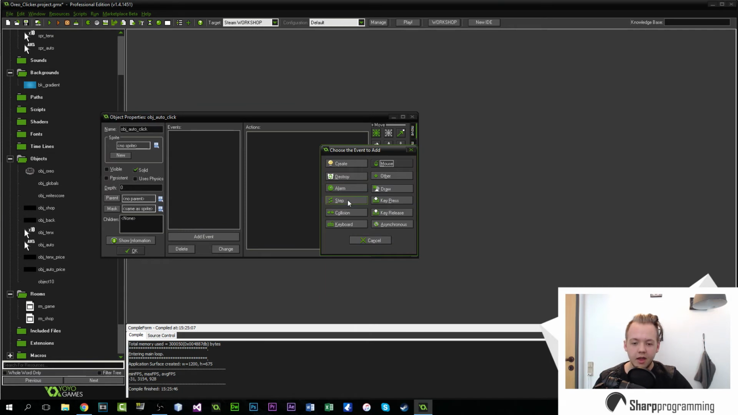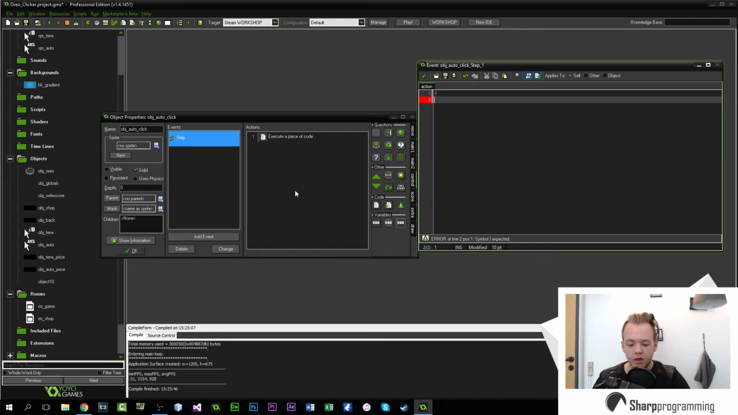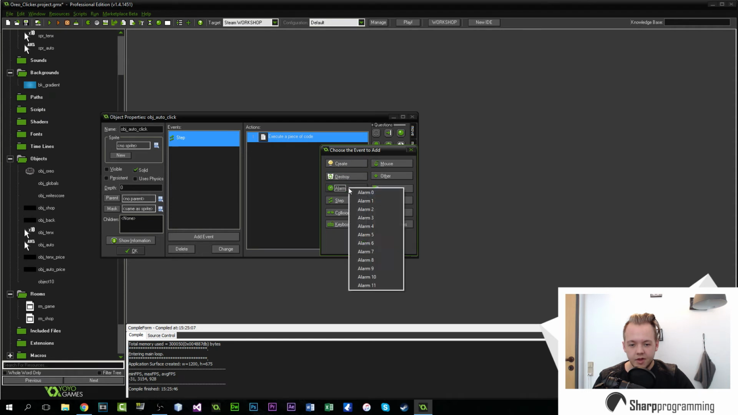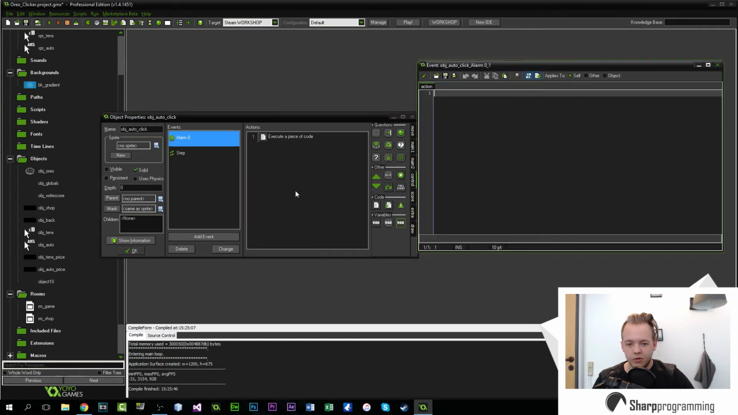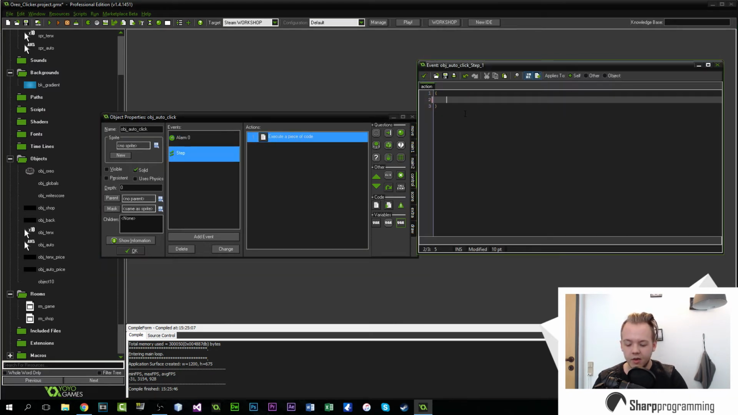Again, we will make a step event, and also it will have an alarm set. So alarm 0. Again, we'll have to put something in there. Contains nothing. And it will check if the alarm is 0. So it will basically do the same as the Oreo does by default, although this will do something automatically without you clicking. So if alarm 0 is less than or equal to 0,